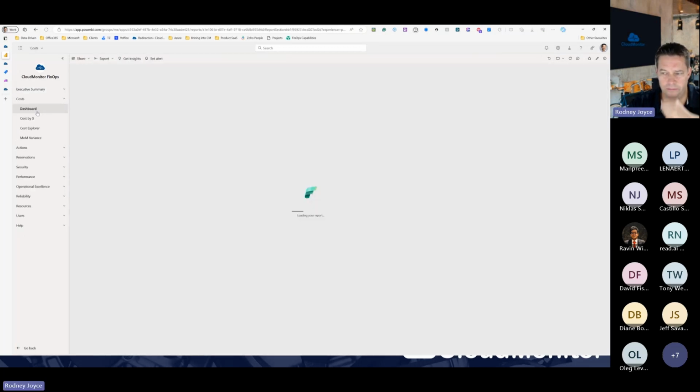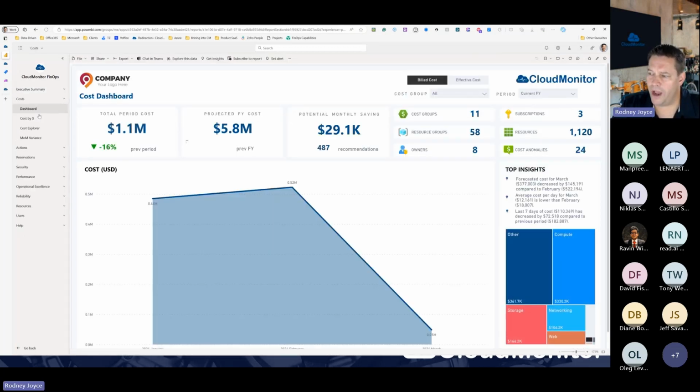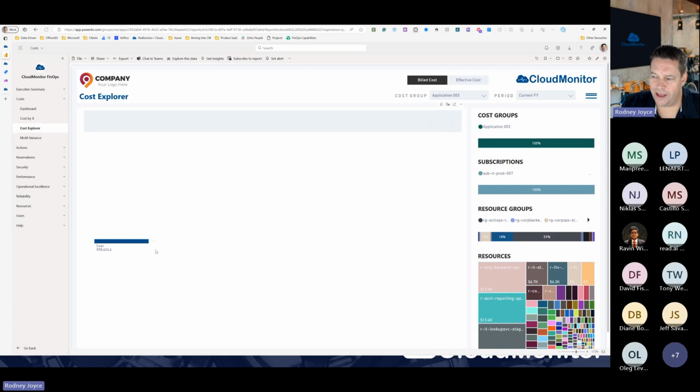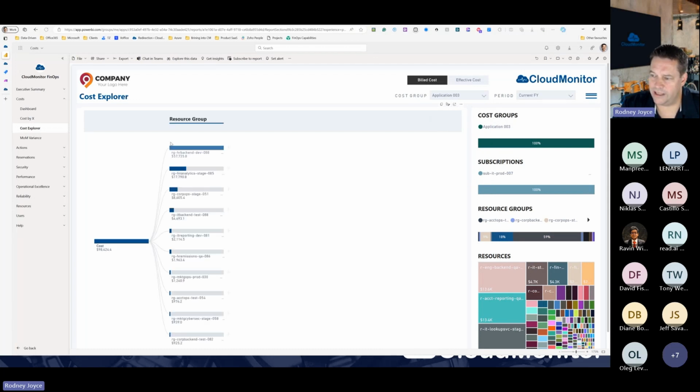The cost dashboard contains more ways of finding out where your costs have gone. Different views are kind of the same thing. For example, in the cost explorer, if I want to understand where my cost is going, let's say I'm logged in as business unit 3. I want to understand where my 98,000 went. I can say, show that to me by resource group. I can see that there's one big HR backend group. I can say, show it to me by